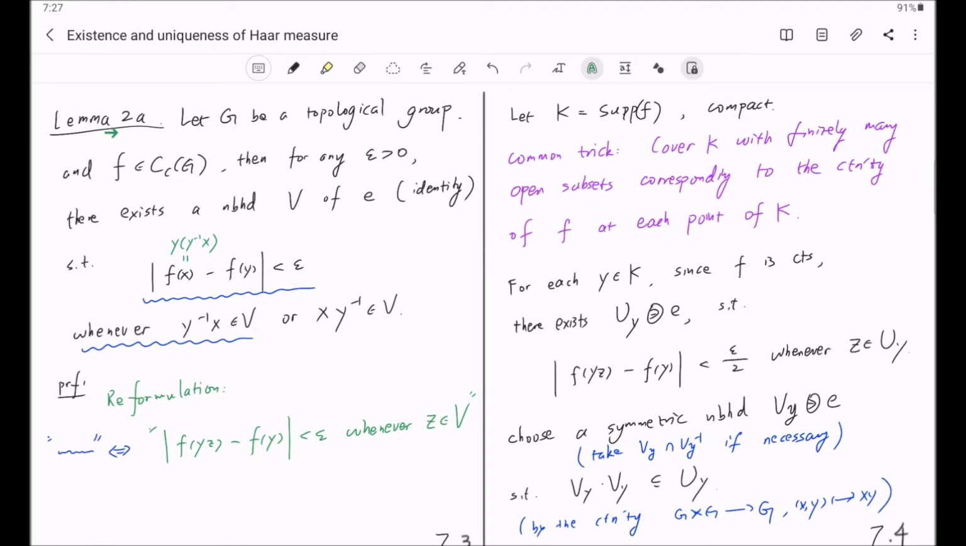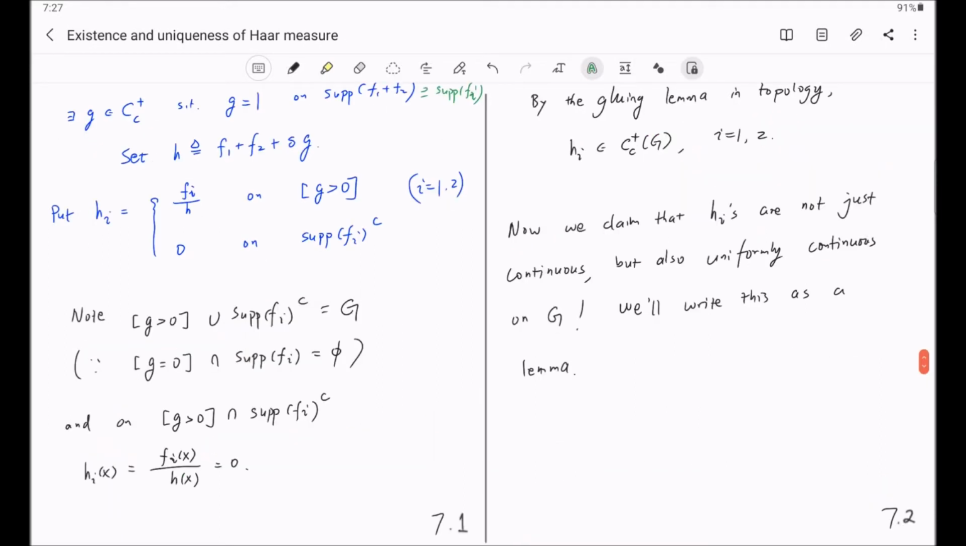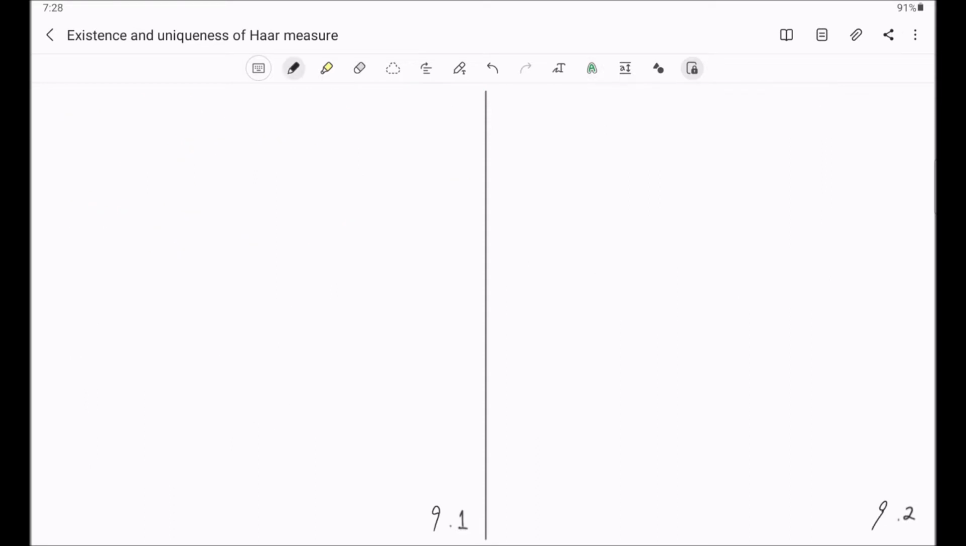Thanks to our lemma 2a, we not only know that h1 and h2 are continuous, since they are compactly supported on G, we know that they are also uniformly continuous. So let me carefully write this down. The lemma 2a,